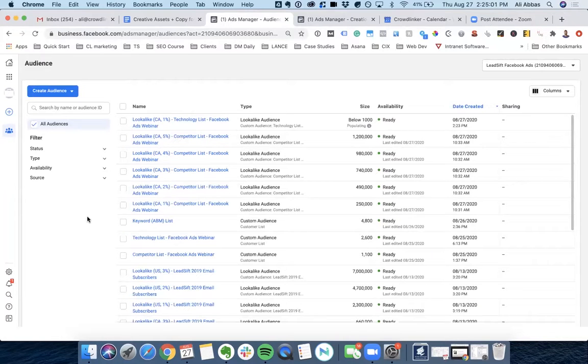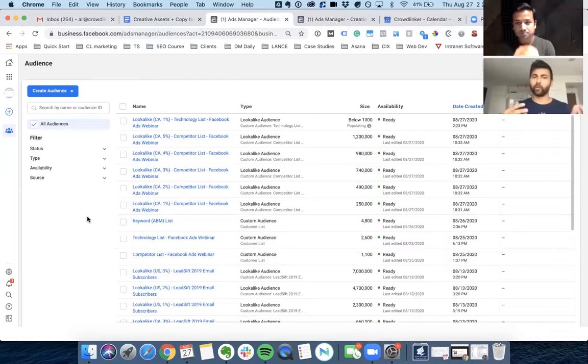I would let it run for maybe 3 to 5 days, and then you're going to start to see winners. And then from there, all you really do is you get rid of the losers and you come back with the winners. Why you want to test all of them at the same time is that because this is intent data, LeadSift is going to continue to send you more lists. So you can't just get stuck on the one list. You have to continuously try to recycle it, and that's where you're going to see the best results, because you're hitting the people when they are hot. So when they've expressed intent is when you're targeting them, and then once that list is done, you move on to the next list that LeadSift sends you.